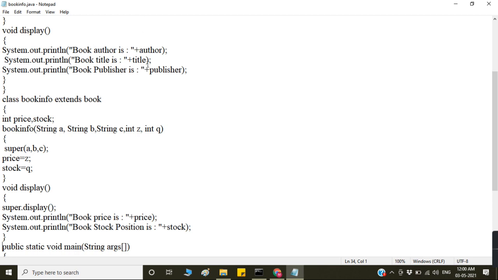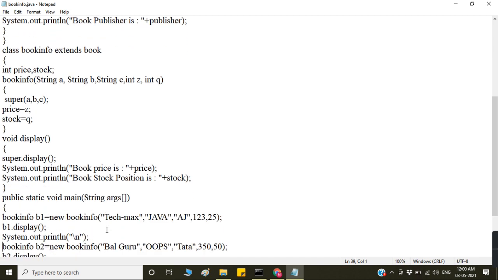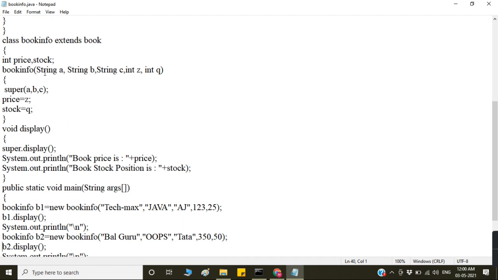That means these three statements come in this method, and then in this display you have these two statements. And then BookInfo: how many parameters are there? Five parameters are there. We are passing these values: string, TextMax, Java.